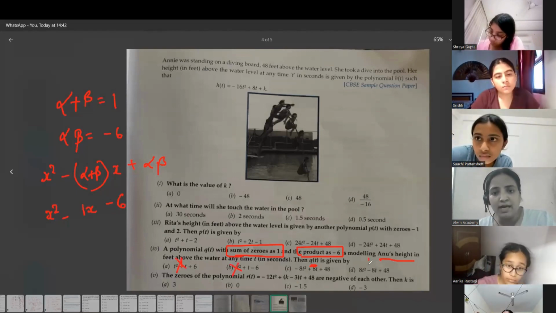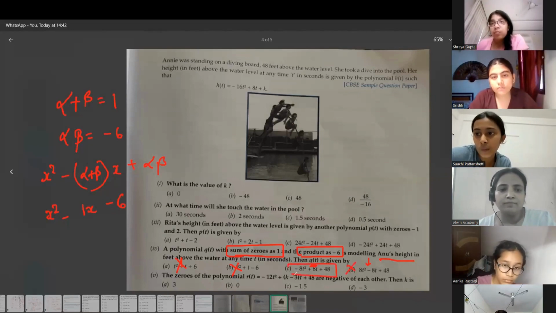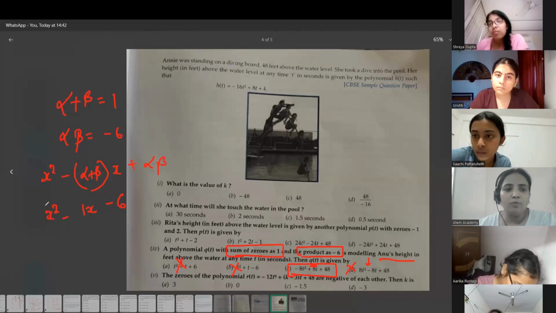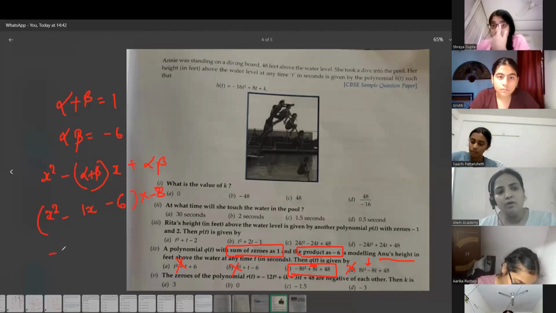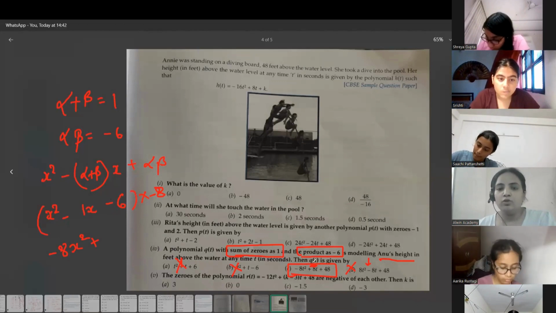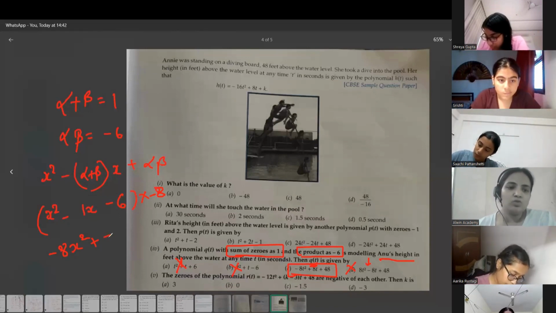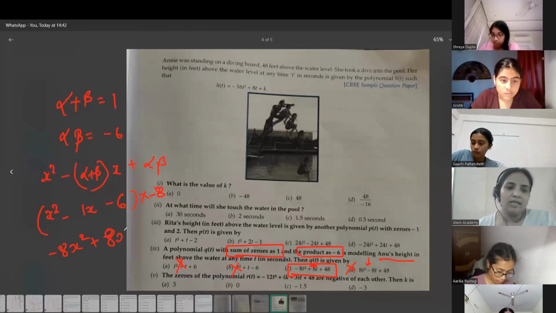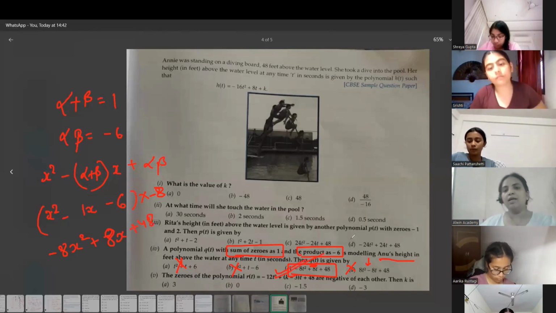Now see for the signs. In these two, one is negative, both are positive. This is also not correct. C is the correct one. Yes, because ma'am, if you multiply this complete thing with minus 8, then you will be getting minus 8x square plus, actually use t as the variable here, bache, not x. They are telling you to make the polynomial in t, no? So now this will be minus, okay plus, it became plus 8t and then this will be plus 48. So this is the answer. Clear or not, everyone?